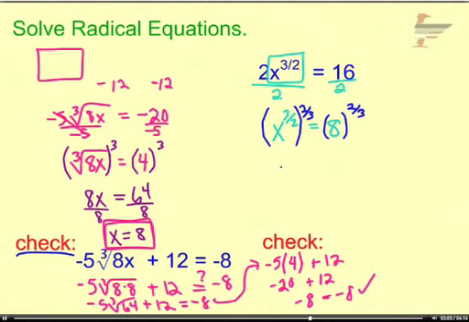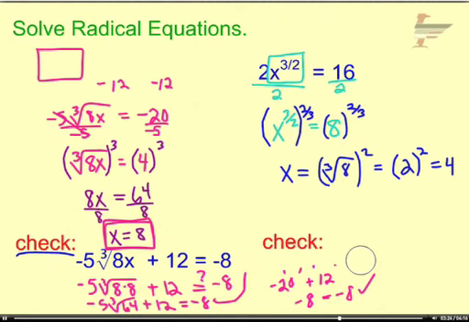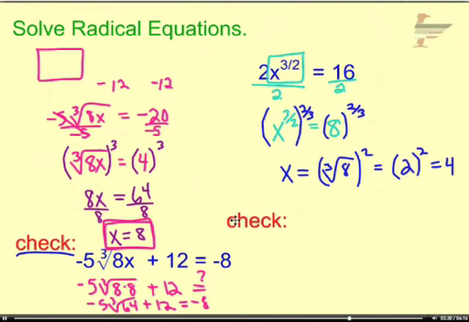So that leaves us with just an x equals, I'm going to rewrite this as the cube root of 8 squared. Cube root of 8 is 2 squared equals 4. So we're saying x equals 4. But does x really equal 4? I don't know. We need to plug it in and see. I'm erasing some of that. I hope that's okay. So if I just grab the original equation so we can go right off of that,